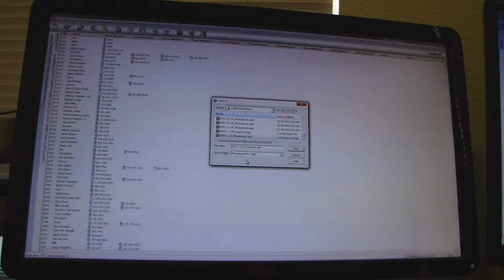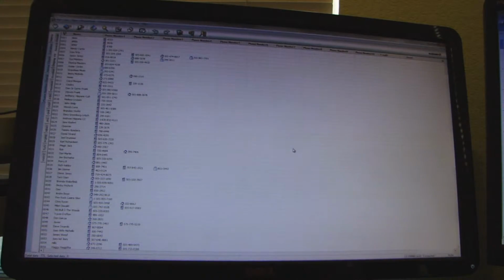Today's the 3rd, I think. Yeah. Alright, so I'm saving that contact. So I've saved all my contact information. Now I've saved it into a little database file. Okay, so now that we've backed up our phone book, the next thing we're going to do is open up